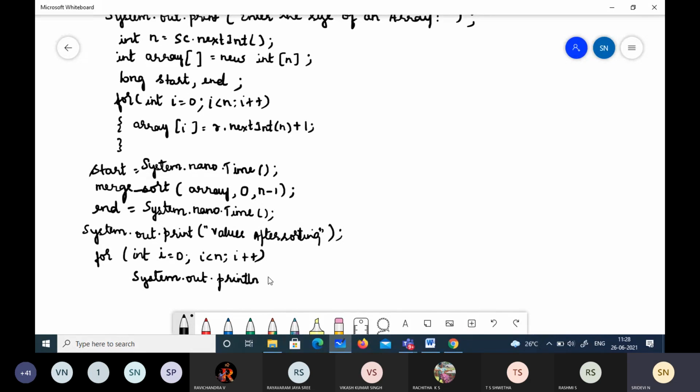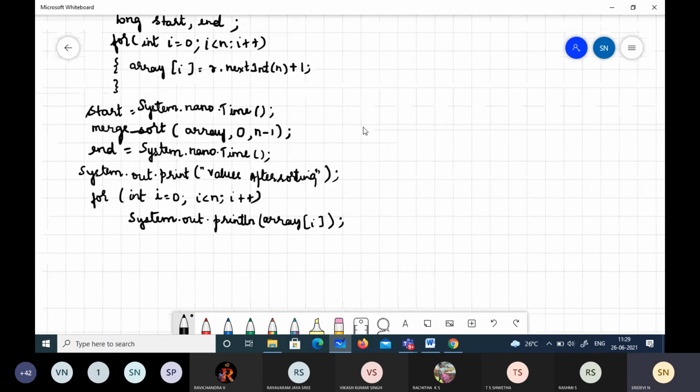You know the difference between print and println, I guess. What is it? What's the difference between System.out.print and println? Very simple. Yes. What?